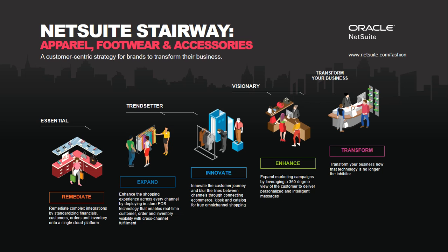For that reason, the stairway is presented in 5 consumable steps. It is designed to first remediate or fix the major technology platform issues, then to build on top of that platform in subsequent steps in a continuous process towards marketplace disruption. We stress continuous because NetSuite and its customers must also keep pace with emerging technology and competitors in order to